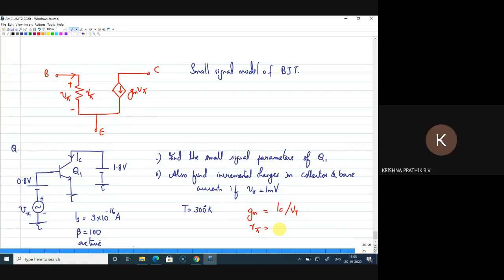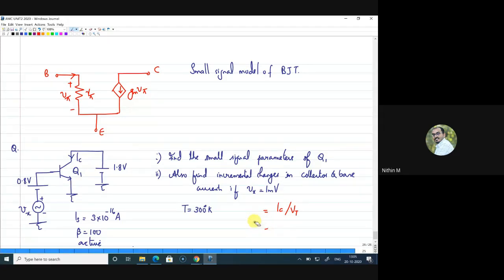Okay, go ahead. Let us see the answer. Yeah, go ahead, Krishna Pratik. You find it and post the answers there. All right, so those who got answers can post one by one.